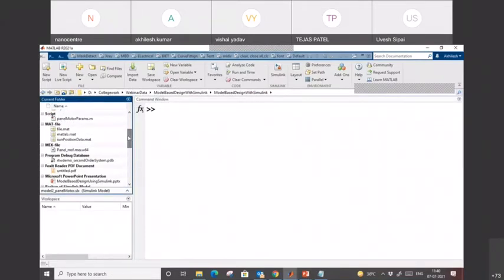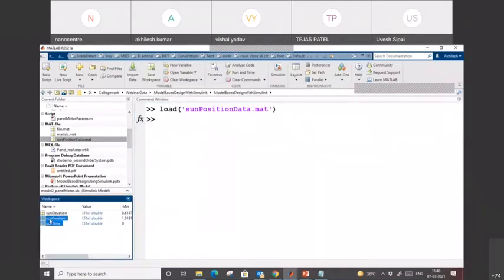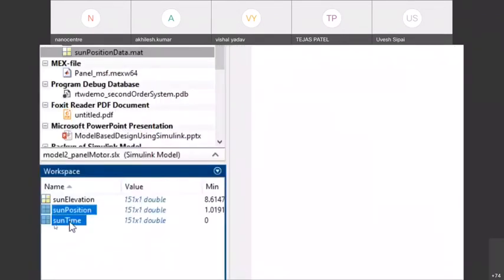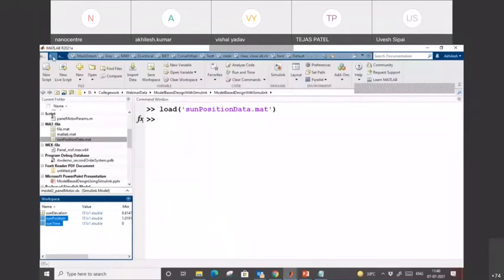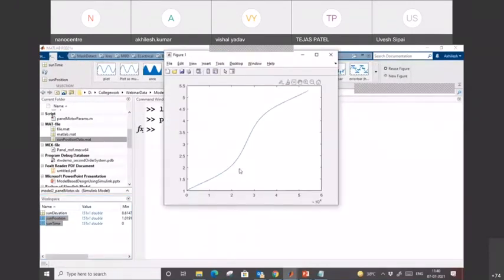Fine. Okay, the data I have of sun position is here. Let me plot that data. Okay, this is the sun time and this is the position. And you can take sun elevation also if you want. So I am just using sun time and sun position, and simply plotting. And this is the plot. This is around 15 hours, because the duration between sunrise and sunset at maximum is 15 hours only. So this is the actual sun angular displacement in daytime.